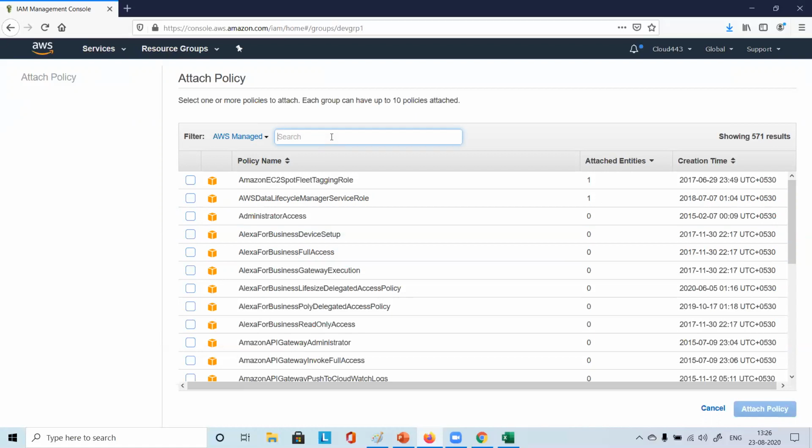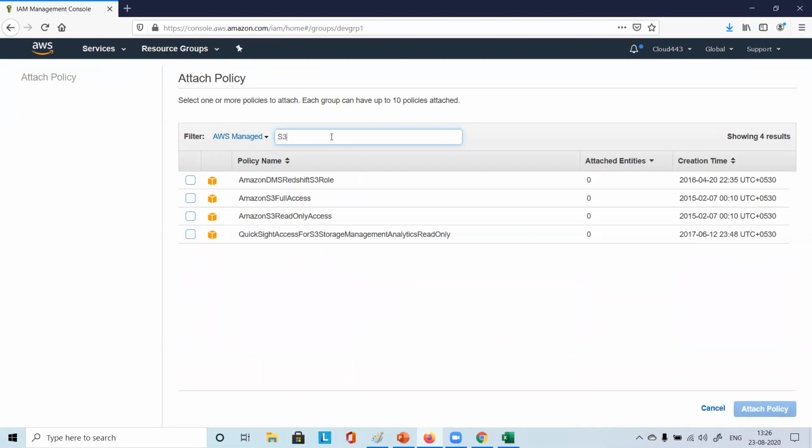So I want to give full access to S3, simple storage service. For that, I want to give full access to this developer. So how do I find it? I just say S3, right? Now you see the options. As soon as you search for S3, what all things did you get? You have S3 full access, and you have read-only access also, right? So I give full access.